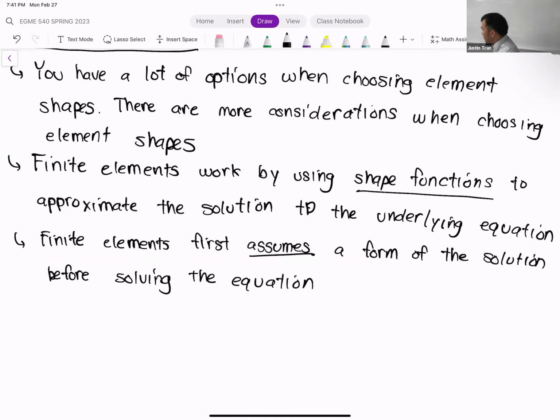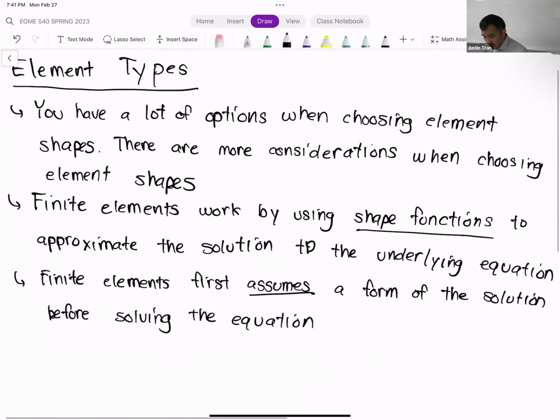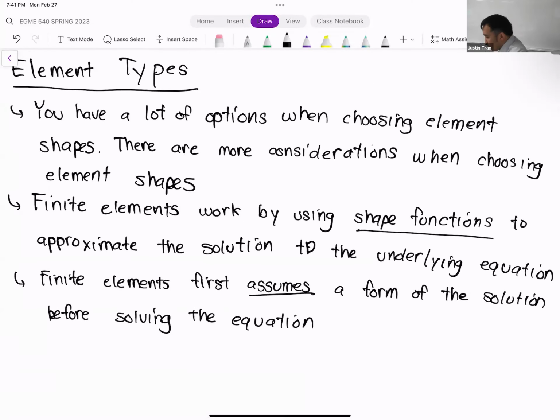So actually, we did talk about this. We talked about element order, okay? And when we talk about element order, basically what we discussed was that that order was the form of that solution, okay? But it goes a little bit deeper than this. When you're looking at multiple dimensions, what's considered a linear function and a quadratic function is a little bit broader, okay?